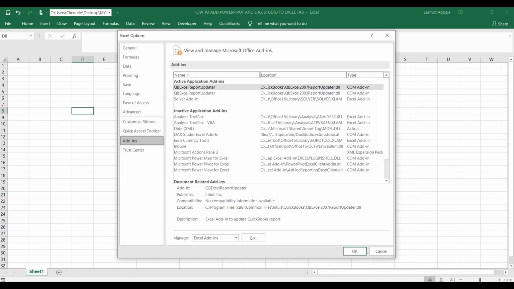click on Add-ins. So below here you can see Manage, you can see a drop-down arrow. Click on it, you have several options there. We have Excel add-ins, COM add-ins, Actions, XML expansion packs, disabled items. So click on COM add-ins,